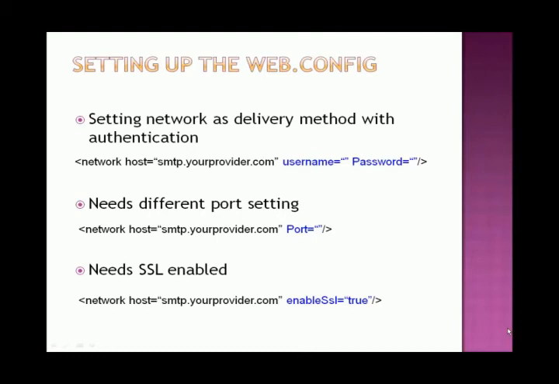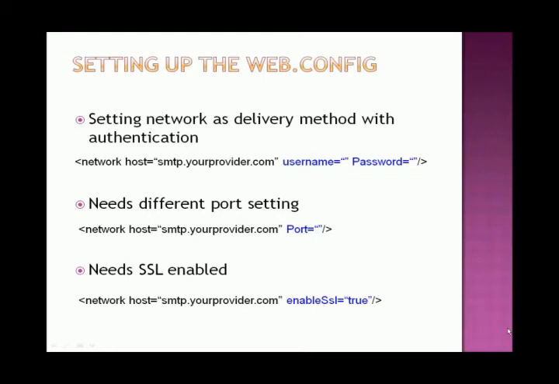So for example, if you're using smtp.uhv.edu as your host name, the password that it requires is your UHV password, or your email password, and the username would be your email address at UHV. So you could use the first network setting that I'm showing at the top, and the blue items are the ones that you should add to